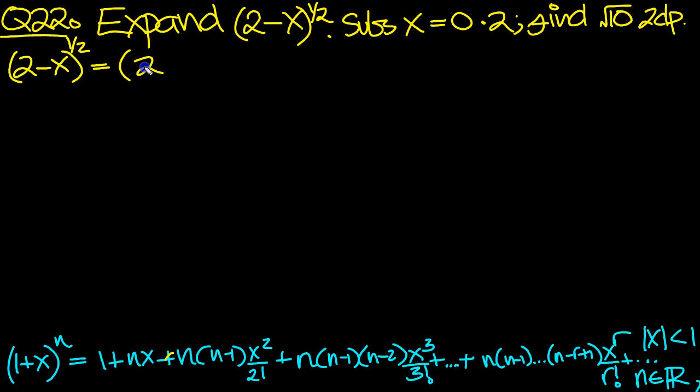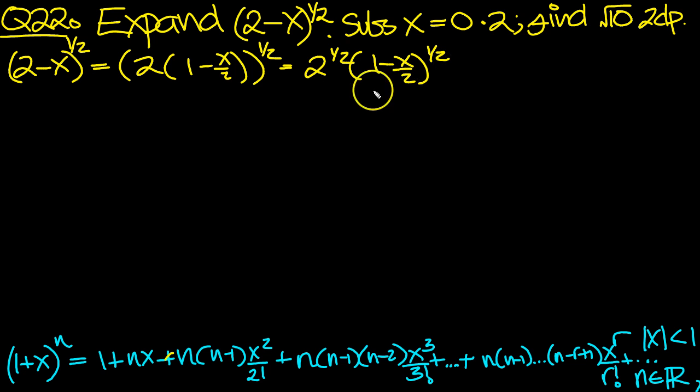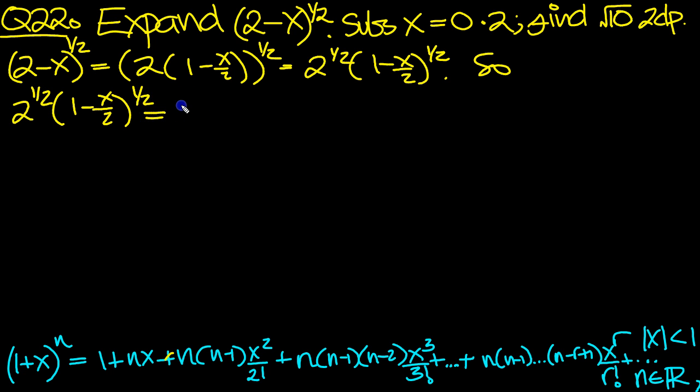That will equal, take a 2 outside a bracket, 1 minus the x over 2, isn't it? That's all to the power half. That's still 2 minus the x, isn't it? Just take a 2 out there. And that will be 2 to the half times 1 minus x over 2 to the half. So here, 2 to the half then. 1 minus x over 2 to the half is equal to 2 to the half